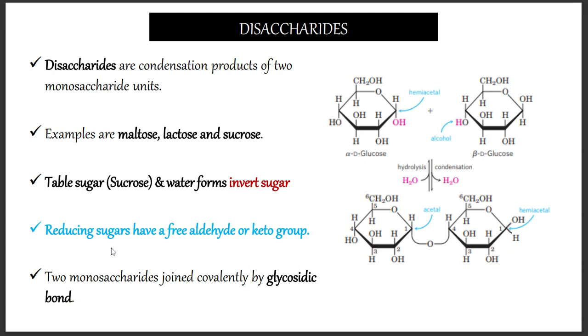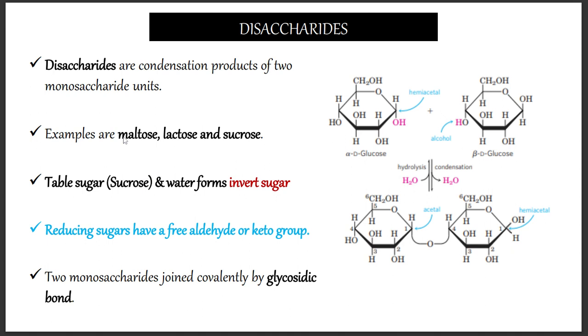Okay, reducing sugars are going to have a free aldehyde or a keto group, meaning that sucrose is formed by reaction of carbon number 1 of glucose and carbon number 2 of fructose. Carbon number 2 of fructose is the one which contains the functional group. Carbon number 1 of glucose is the one which contains the functional group. It means that both functional groups have reacted. So because of that, sucrose is not a reducing sugar because there's no free